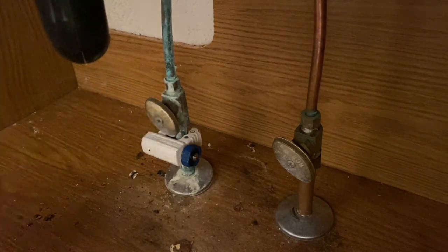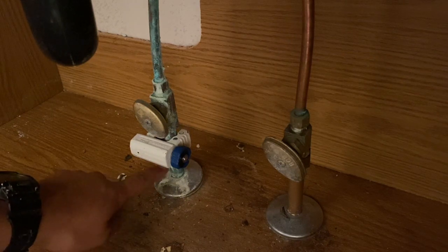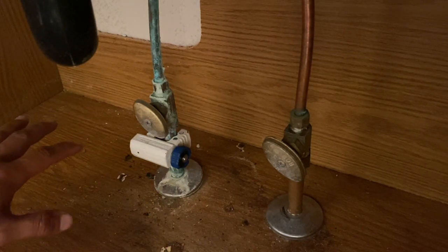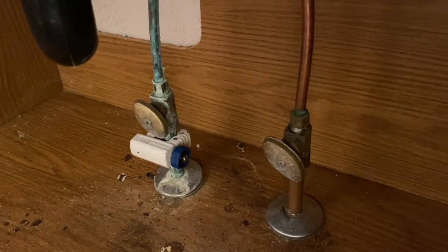And then what you want to do is turn on your water faucet from downstairs if there's a bathroom, and that way you can just start releasing all the water that's left in these lines. Okay, so turn off the water completely, number one. Number two, we're going to go ahead and install a new